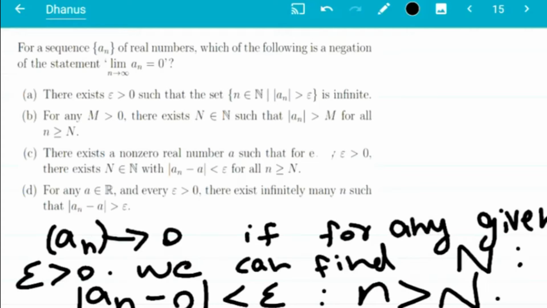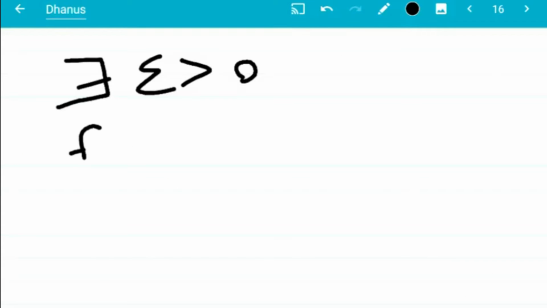And for any N we can find an n, but here for any N we are taking the negation, that's why for any N